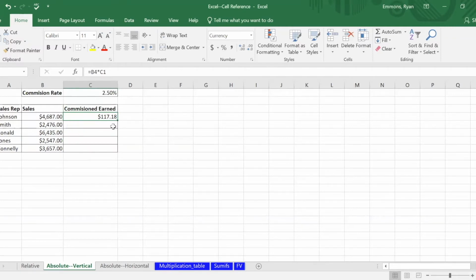Well, it's relative to where I drag the formula. It's going to stay 1 cell to my left, which is what I want, but it's going to go 1, 2, 3 cells above me, and that's a blank cell. Let's see what happens. Drag it down, and there we have it. It stays 1 to my left, 3 above. So what I need to do